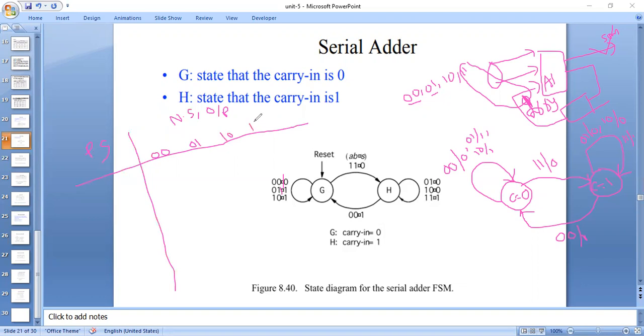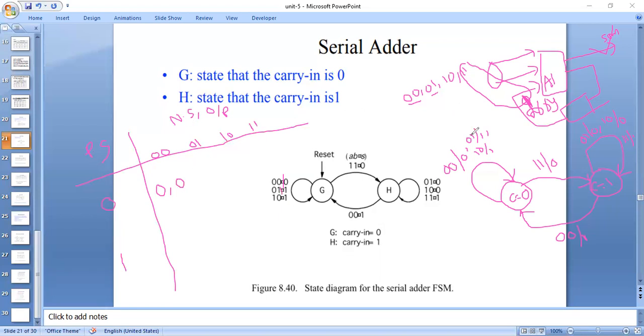Okay, so from this I'm writing directly. What are the present states? It may be 0 or 1. We have only two possibilities, so you can write either 0 or 1. First we take state 0. If the input is 0 0, what is the corresponding output? 0. And what is the next state? 0. It stays in the same state 0; put a comma and write the output here. So this will be the next state and this will be the output.